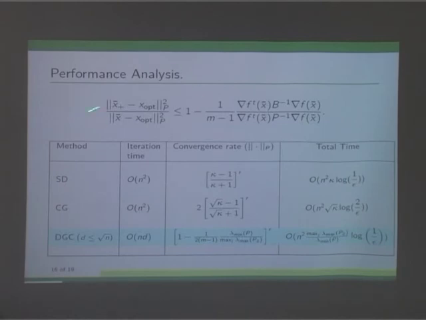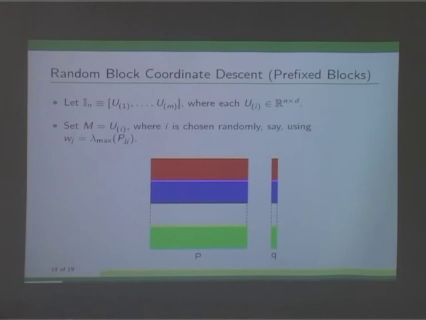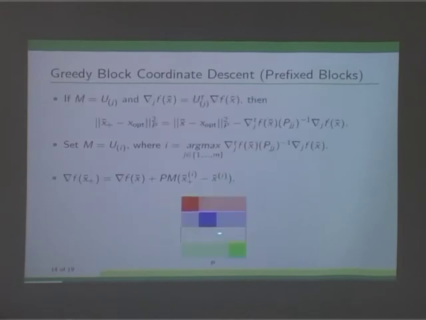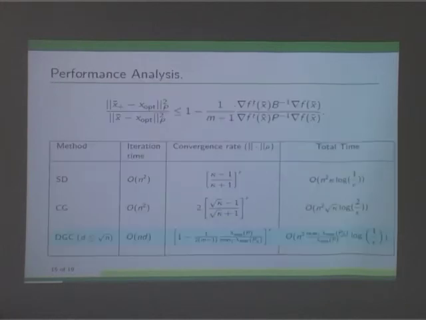Okay, so the per iteration gain, or the improvement in per iteration, can actually be written in this form. After some trivial algebraic manipulations, you can write it in this form. The key thing that I want you to observe is this expression has the gradient at x bar, B inverse, gradient of x bar, where B is the diagonal block of P. So you have some block structure. Let's say this is your P matrix. Whatever is not on the block diagonal, just put it to 0. That will be your B matrix. This is how you get your B matrix, and this is the expression that you have.